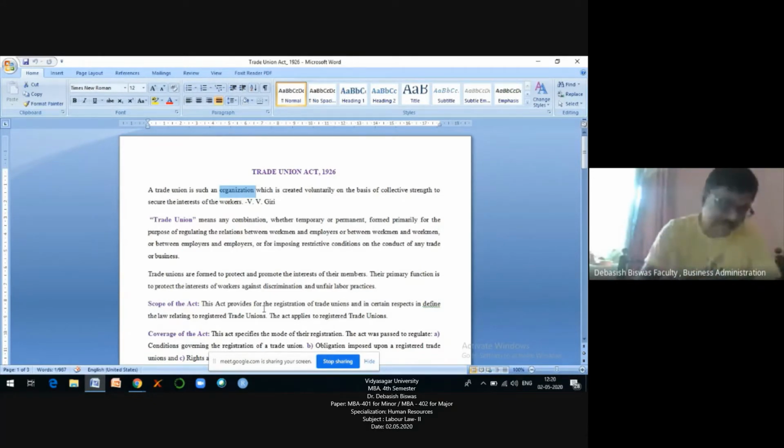I am giving you another example. Suppose in an organization, 100 workers are working. So 10% of 100 workers is 10. So they can apply because 10 is more than 7. Then there is no problem. That's precisely what we are trying to say: if you want to apply for registration, then at least 7